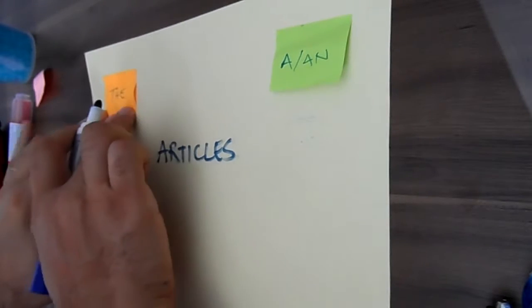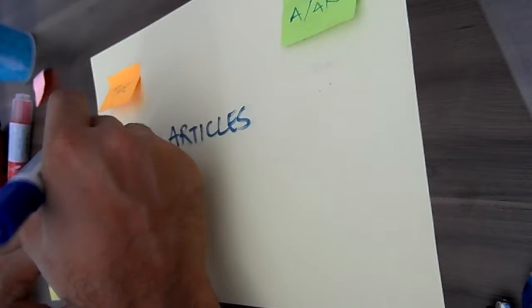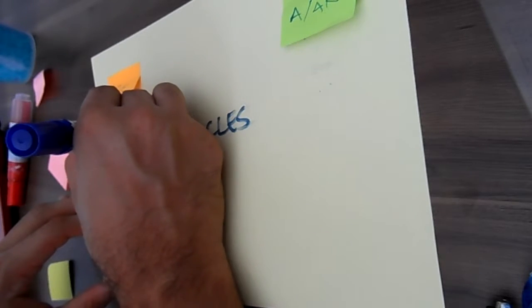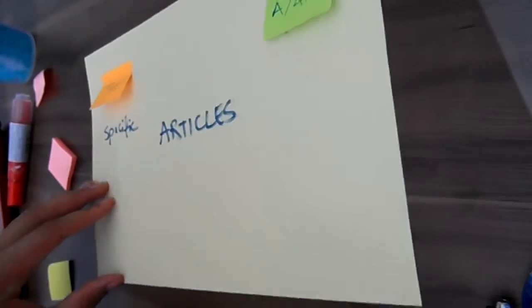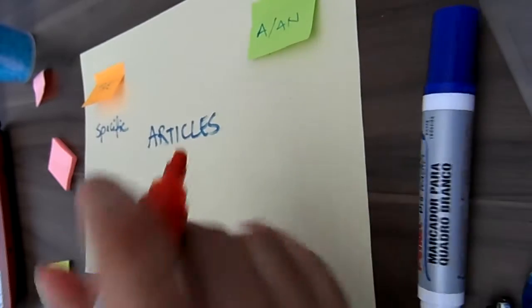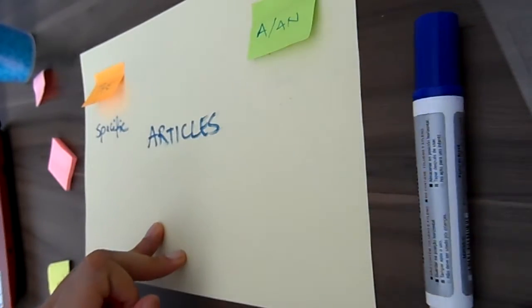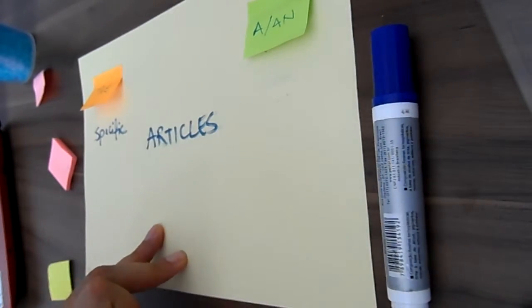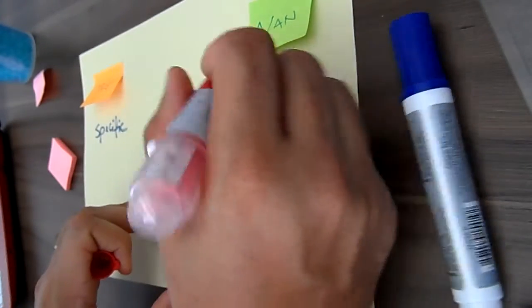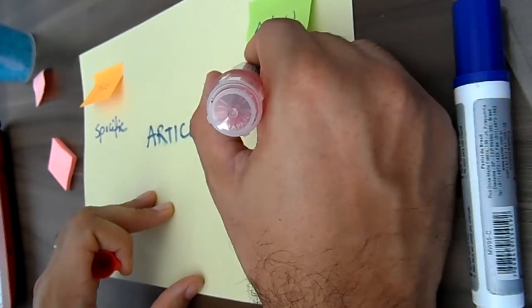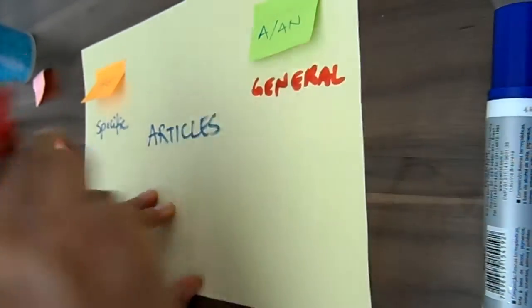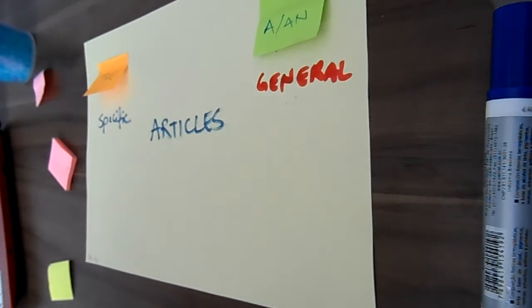We use the definite article to talk about something that is already known, that people know. So it's something specific, right? We use the indefinite article to talk about something that is not known, that was not referred, so it's something not specific. It's something indefinite, right? So this one is used for something, let's say, more general, okay? This is more specific, this is more general.